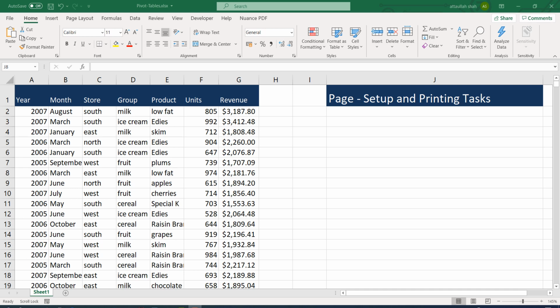In the second part of this lecture, we are going to have a discussion on the page setup and printing tasks. I'm using the pivot table example data that we used previously.